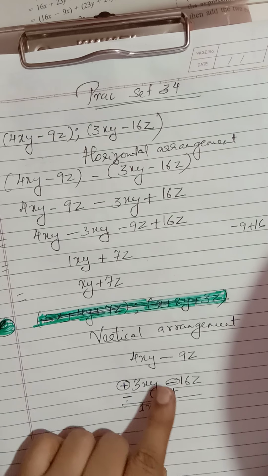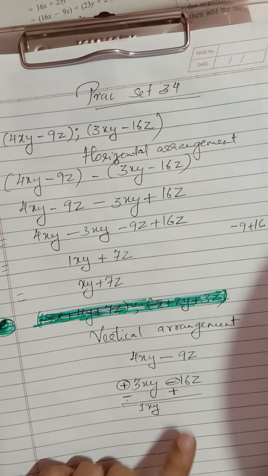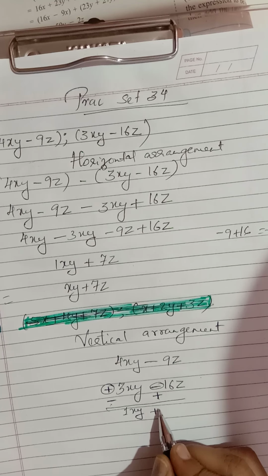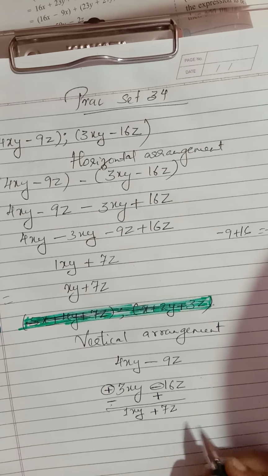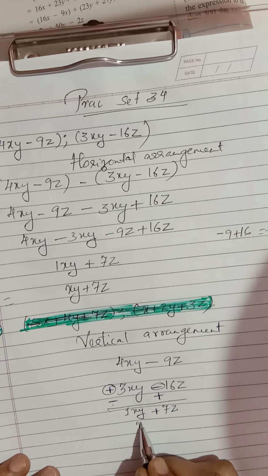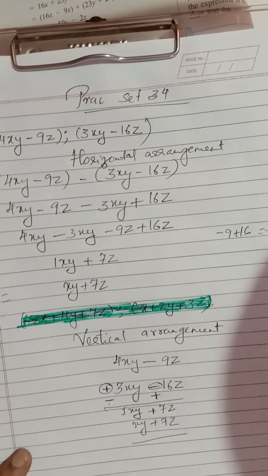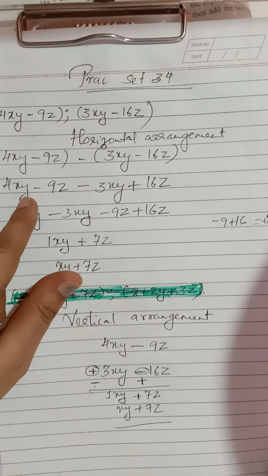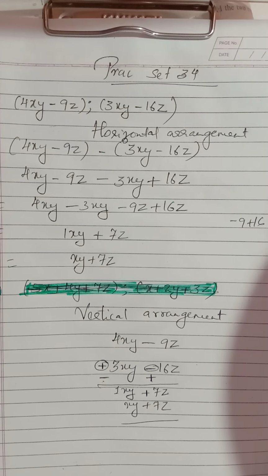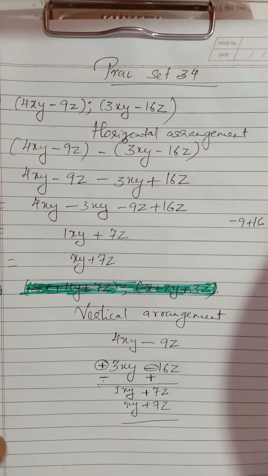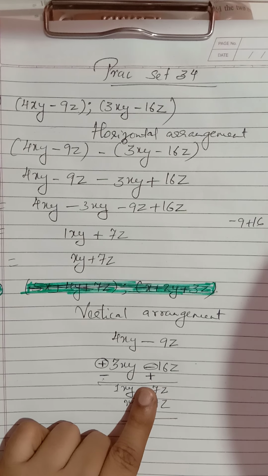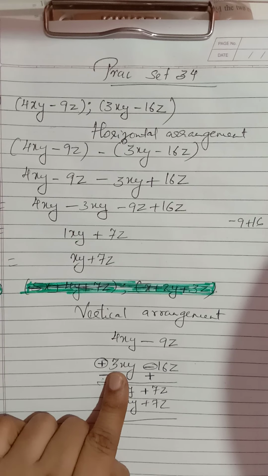Now minus 9 plus 16, that is 16 minus 9, which we have already done, it is 7, and since the bigger number 16 has a positive sign, it is plus 7z. As I told, if you don't write 1 it is okay, you can just write xy, so this answer you can write as xy plus 7z. So this is your vertical method. First sum I have done by both the methods, this is the horizontal method and this is your vertical method. A very important step in subtraction of algebraic expressions is that you have to change the sign of one algebraic expression, mostly the term which is written down.